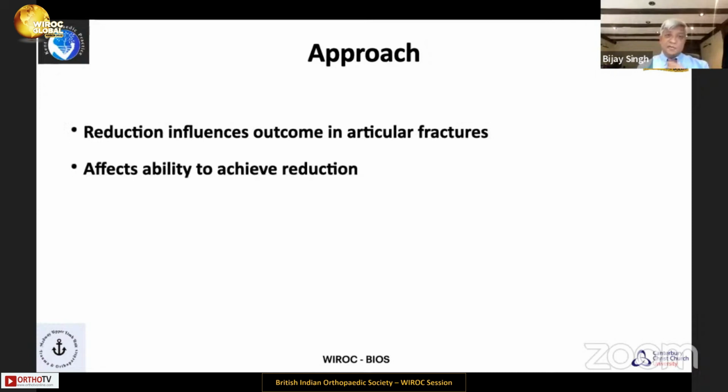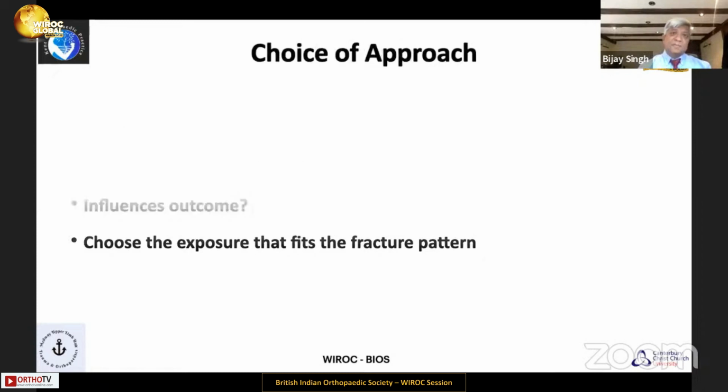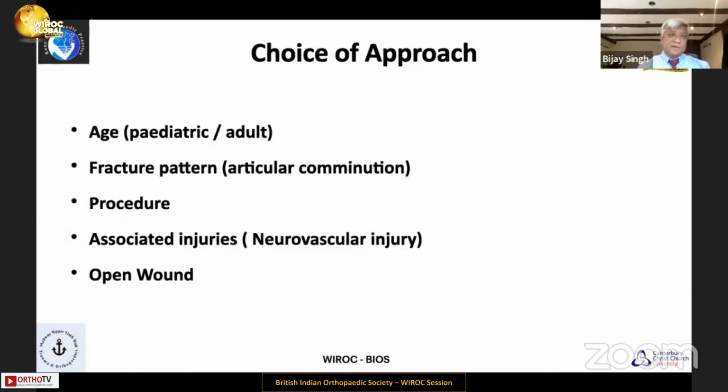Must be able to achieve a good reduction, and hopefully this will influence the outcome. And although for the distal humerus fracture there's a number of exposures, choose the one that fits the fracture pattern. So distal humerus, you've got a choice of different approaches based on age, the fracture pattern, procedure, associated injuries, whether there